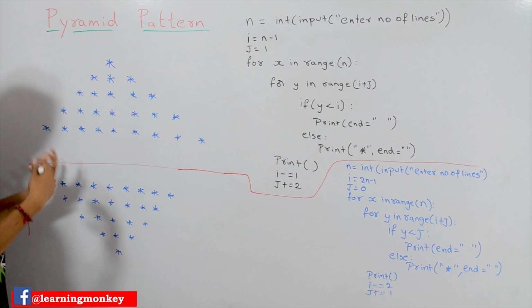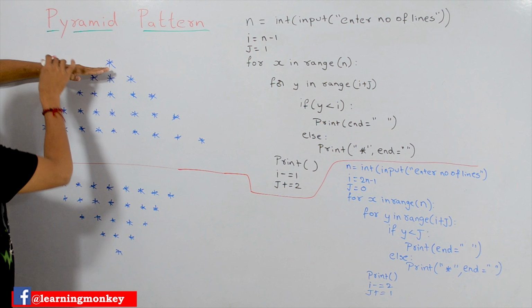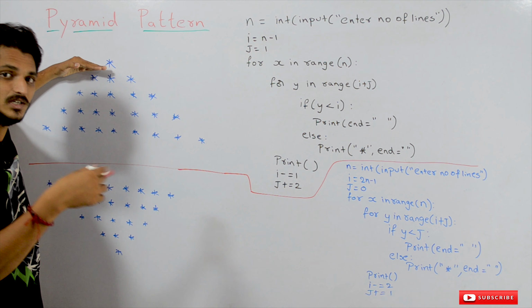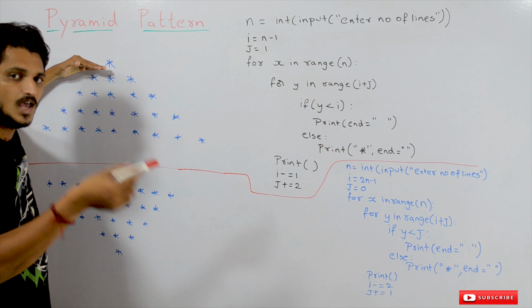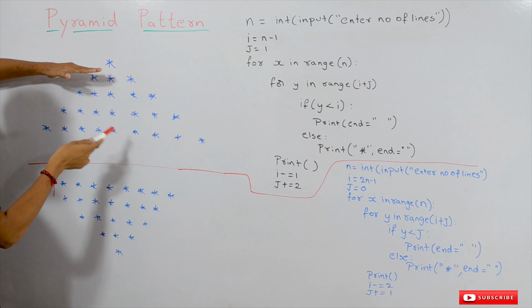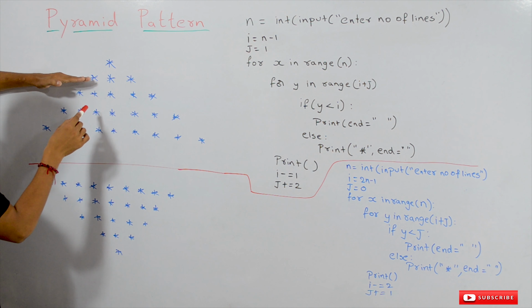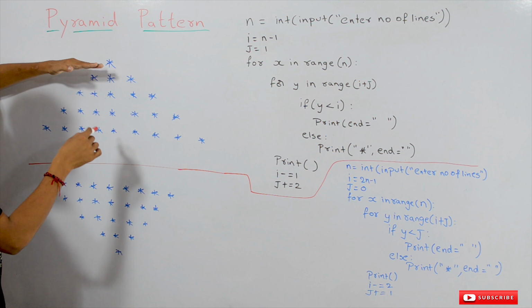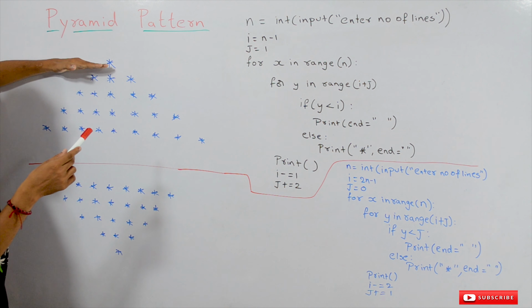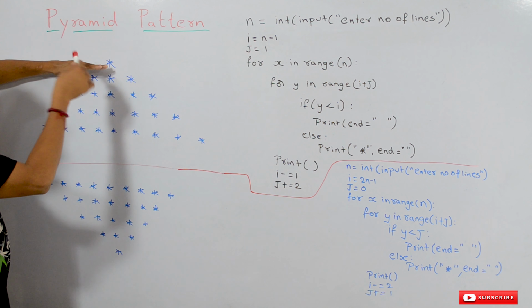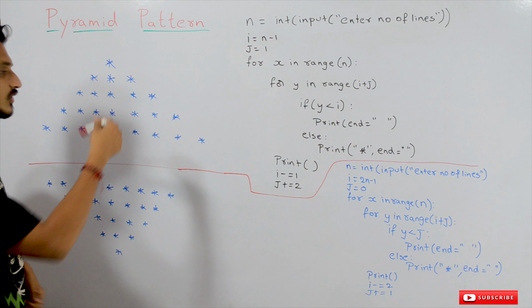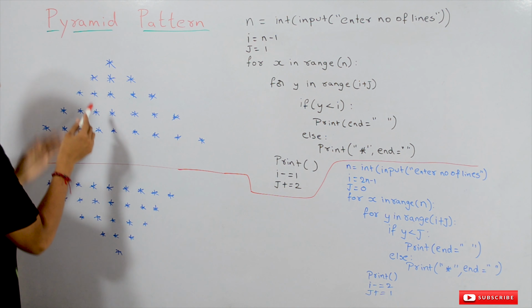So what's the idea behind this? We have to display some spaces and stars, so we need a loop. We are using a print statement. We have to print some spaces, then stars. This loop has to be repeated 5 times with different values for the number of spaces and the number of stars. That's why we need nested loops. The same thing has to be repeated multiple times. We discussed in our previous classes how nested loops execute.